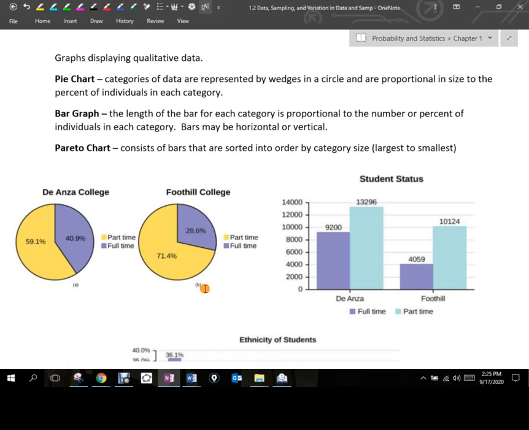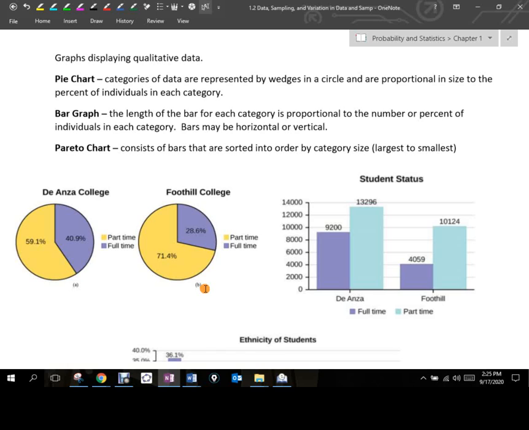But when I said at the beginning of class that we're going to eventually start doing some calculations, the early stuff is going to incorporate developing the standard way of creating a histogram, the standard way of creating stem and leaf plots, the standard way of box and whisker plots, and those types of things. So that's where we'll start off with our calculations. But pie charts, bar graphs, and Pareto charts are the first three ways of displaying qualitative data.